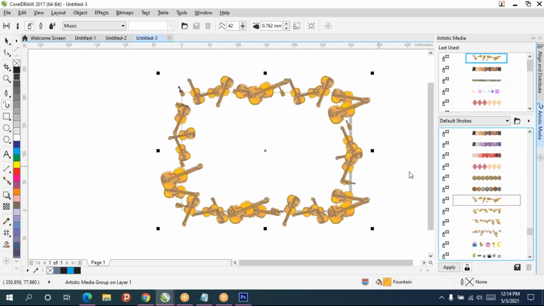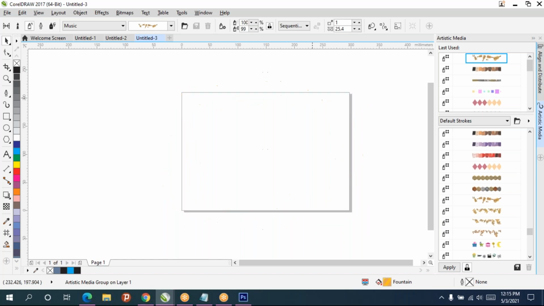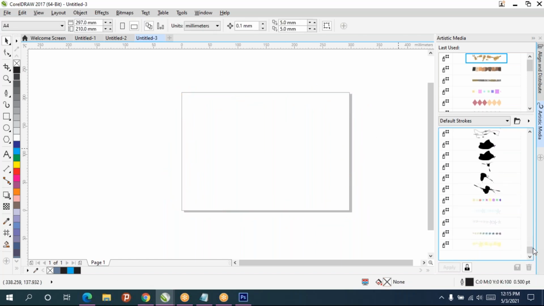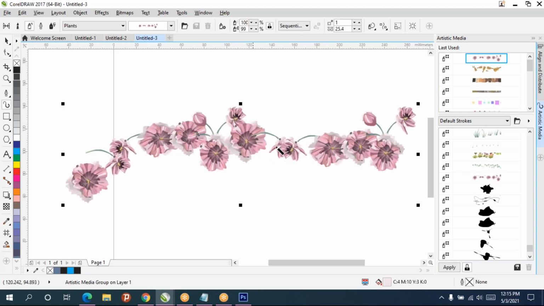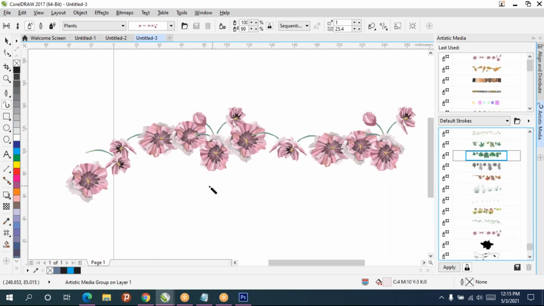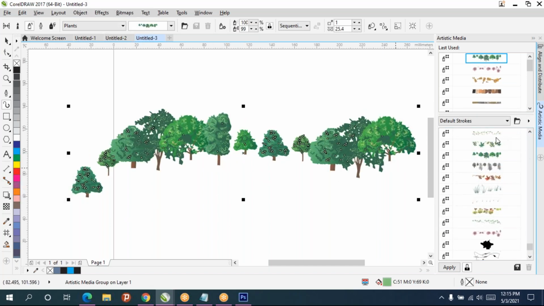So lots of things are there. You can get trees and all. Say flowers, tree, leaf.